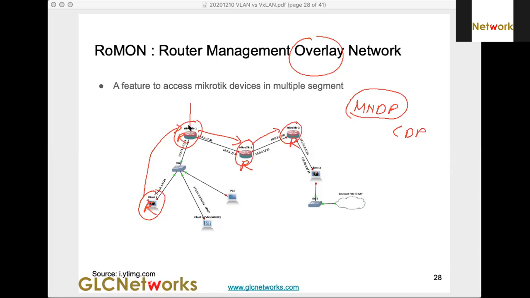So if you run MNDP on router 1, router 1 can only see this and only see this. Only a device that connects directly to router 1.